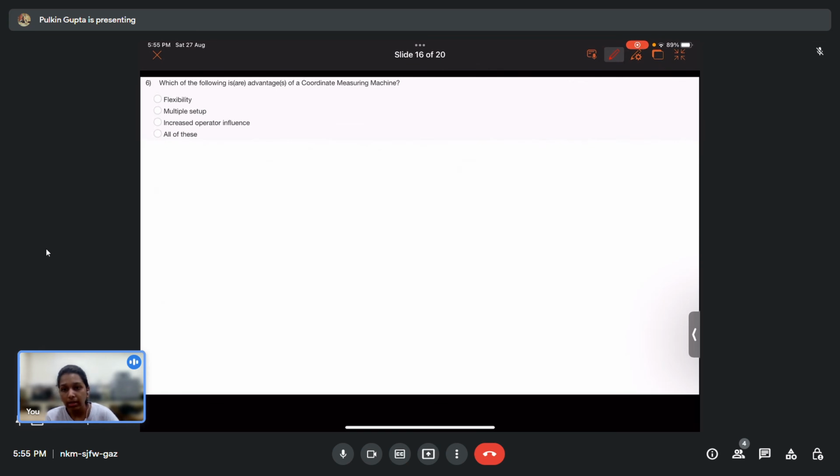So the correct answer is flexibility. A coordinate measuring machine is a single setup machine, and we have decreased operator influence. Operator influence is not much, specifically when we are having the computer control, so operator influence is very less,